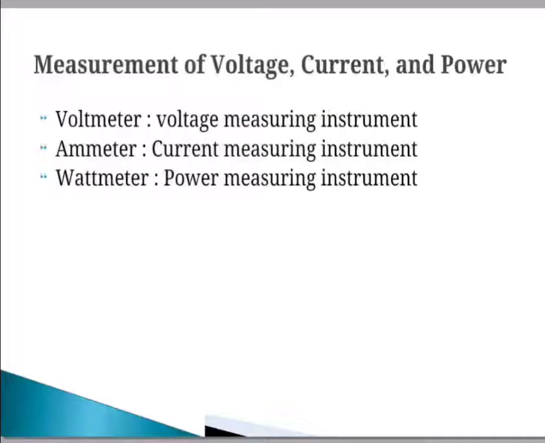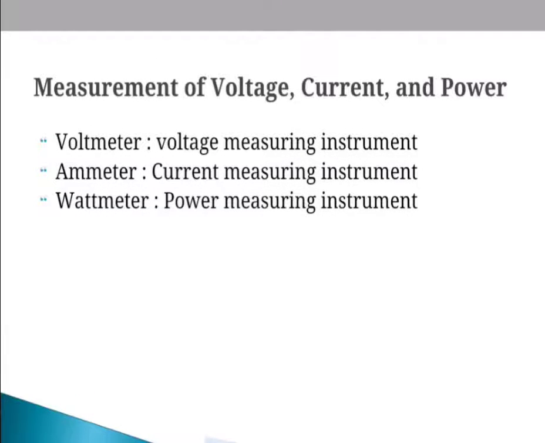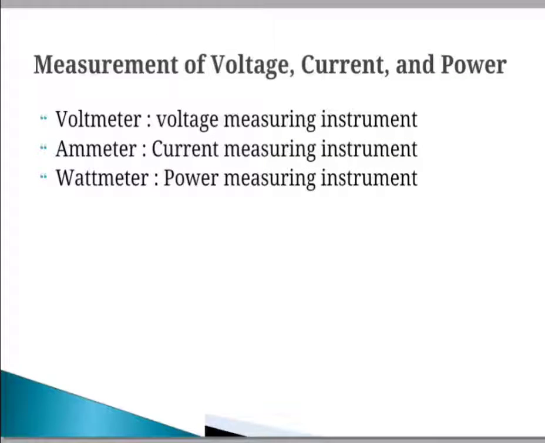The voltmeter is the meter used for measuring voltage in the circuit, and the voltmeter is always connected in parallel with the supply. Then we can measure the voltage present in the circuit. The voltmeter can measure the voltage between two nodes, and we know the unit of potential difference is volt, so it is a measuring instrument which measures the electric potential between two points.